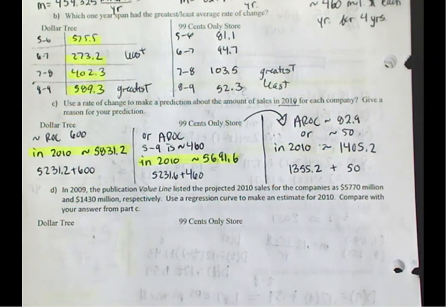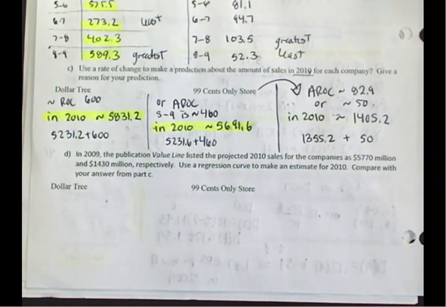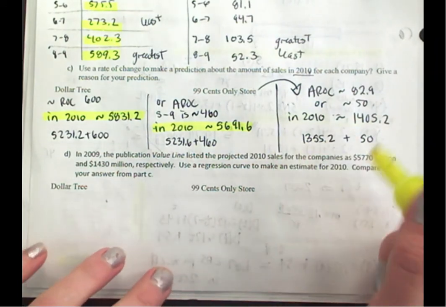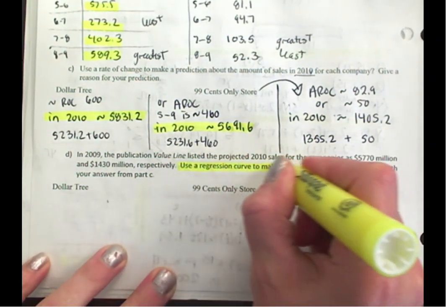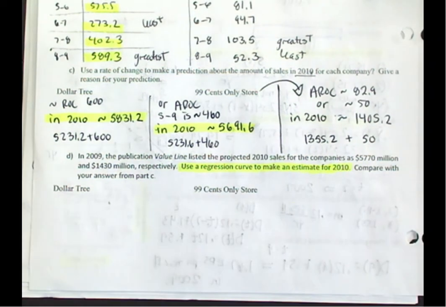Okay, two ways to do this. Regression equations, look at your rates of change. You can compare the two and then make an estimate based on that. Okay, as a review, write a regression and find a prediction for 2010. Right, you've got your 4 data points, your 5 data points up there. Okay. Use a regression equation and make an estimate. Pick one, right? Don't do both. It's the same steps for both. Pick either Dollar Tree or 99-cent store. Write an equation, make the estimate. You can use your calculator, Excel, Desmos,